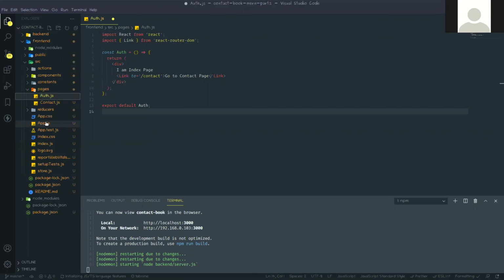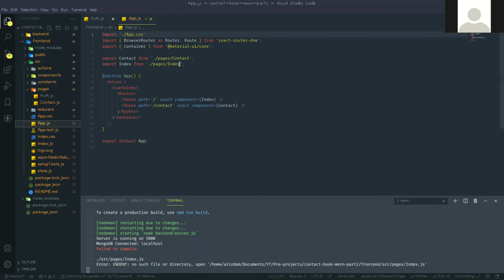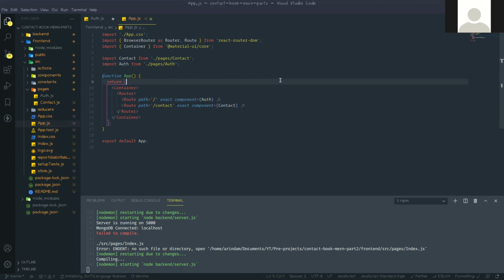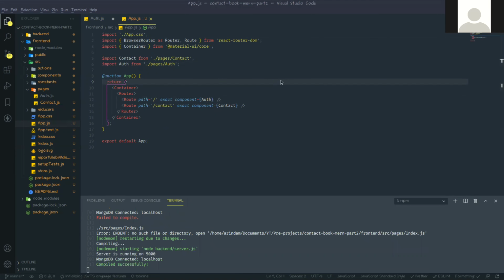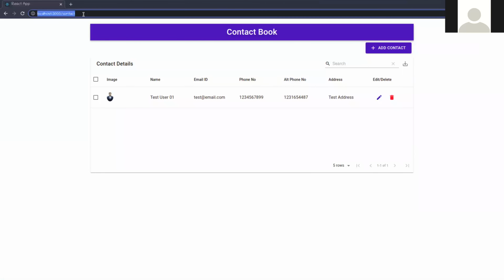Okay, and go to the app.js. Now I think it should work. Yes, so it is working.